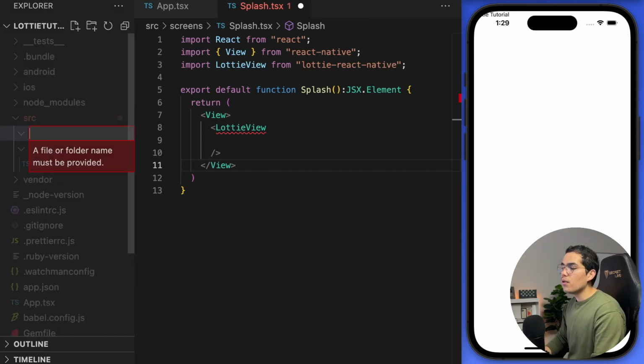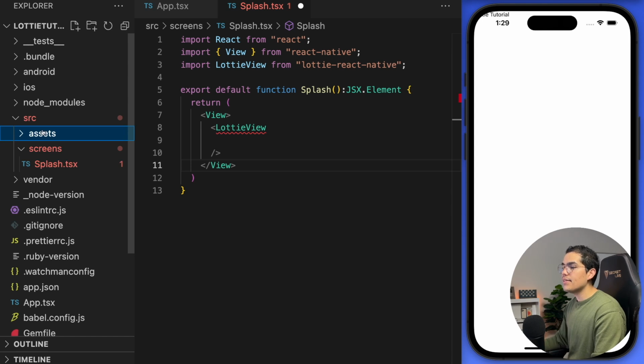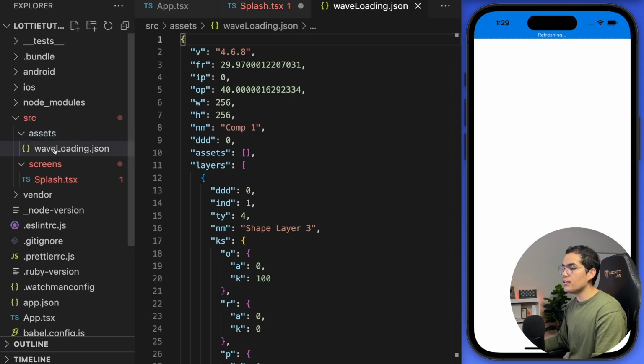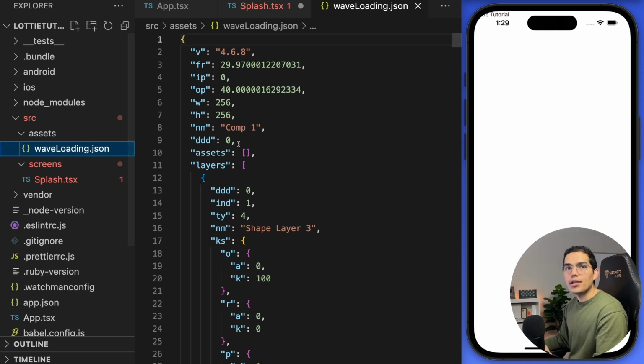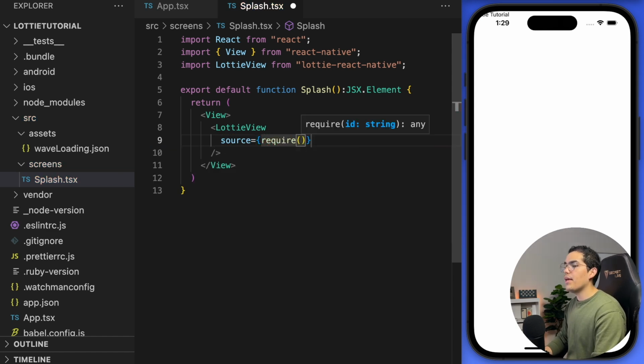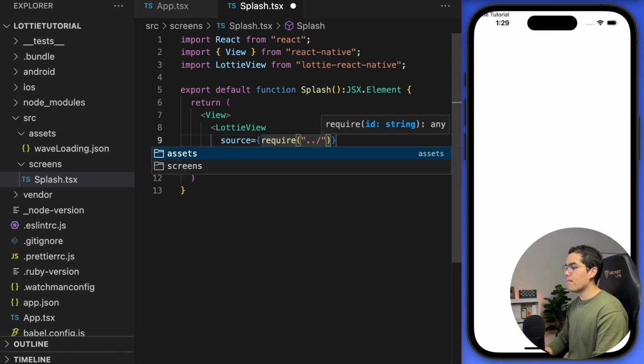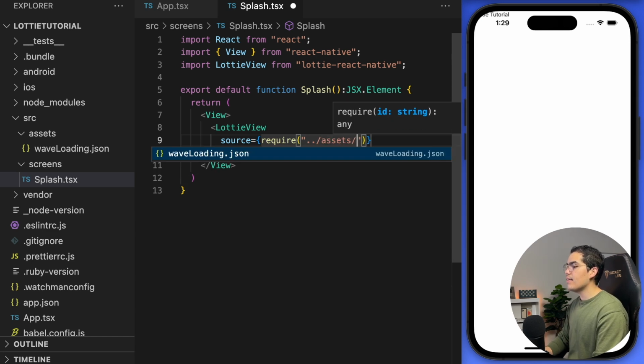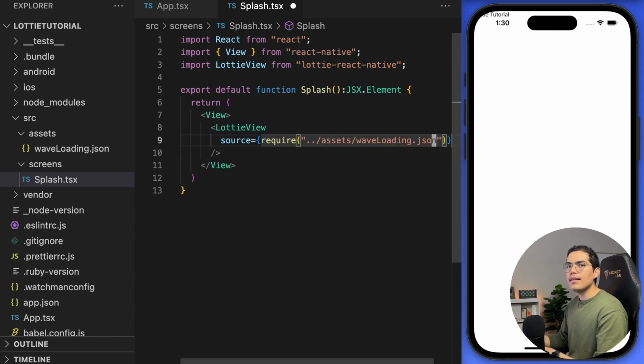So I'm going to create a folder called assets. And inside this folder assets, I'm going to create a new JSON file that is going to be the animation that I want. In this case, it's a wave loading, right? So once I have that, I can just go here and tell my LottieView that the source is going to be equal to require, and we're going to put the path to assets and then wave-loading.json. That's the only property required for LottieView,